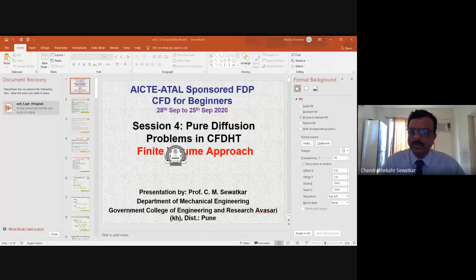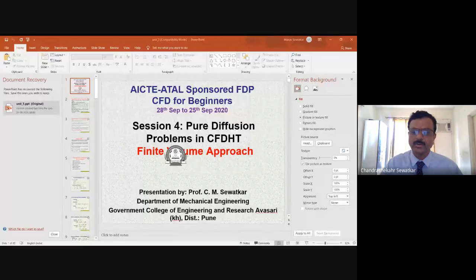So let me clarify at the beginning itself that since Professor Nangaonkar had an issue for dealing with the finite volume methodology for steady state heat conduction problem, I am going to deal with the session myself. Professor Sevakkar, I am working in the Mechanical Engineering Department of College of Engineering and Research, Hausari, Taluka